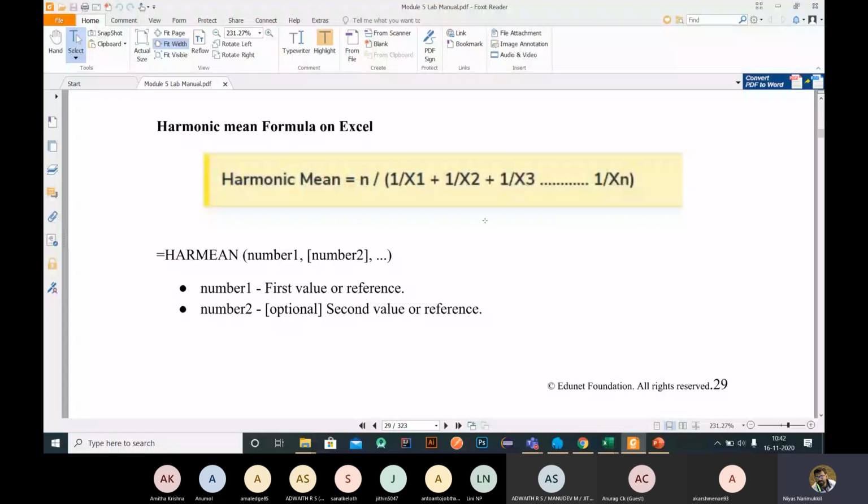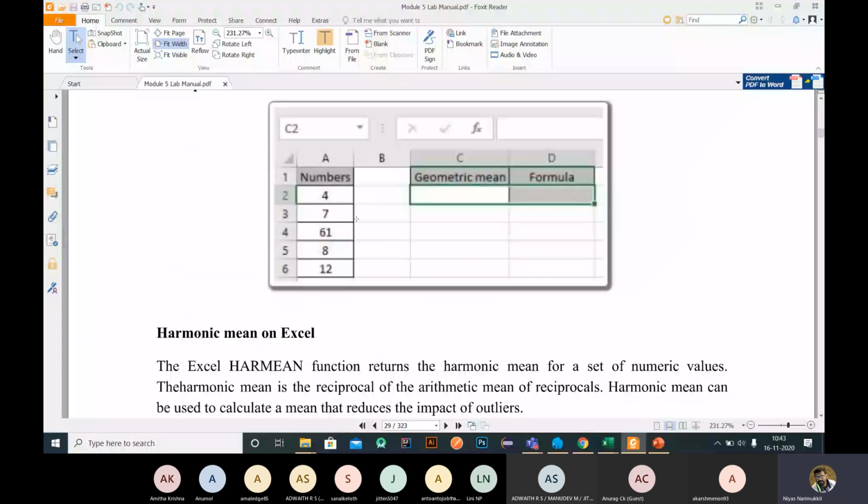These are the things we need for statistical analysis. Sometimes we need to find the geometric mean, sometimes the arithmetic mean or harmonic mean. That's the basic thing, so we have to study the concept also. It is clear, right? The first two, arithmetic and geometric mean, are clear, right? Next we can go for harmonic.